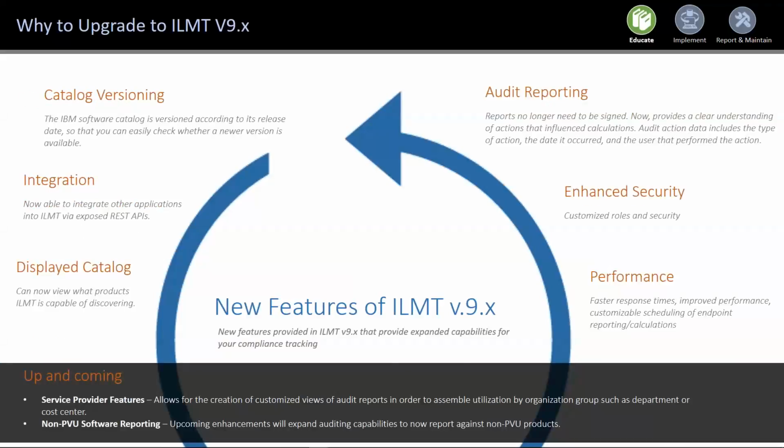Now, unlike versions 7.2 and 7.5, there is now access to historical data that can be modified if needed in version 7.9. The audit reporting no longer needs to be signed every quarter. It now provides a clear understanding of actions that have influenced the calculations, and the audit actions data includes the type of action, the date it occurred, and the user that performed the action. So there's a lot more detail in the reporting, and you no longer need to sign and turn those in